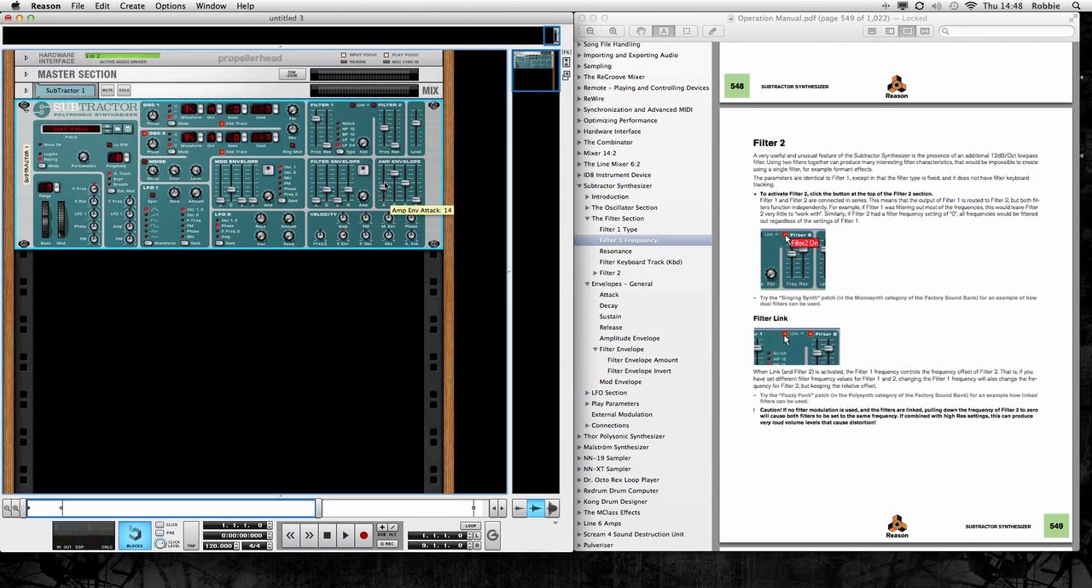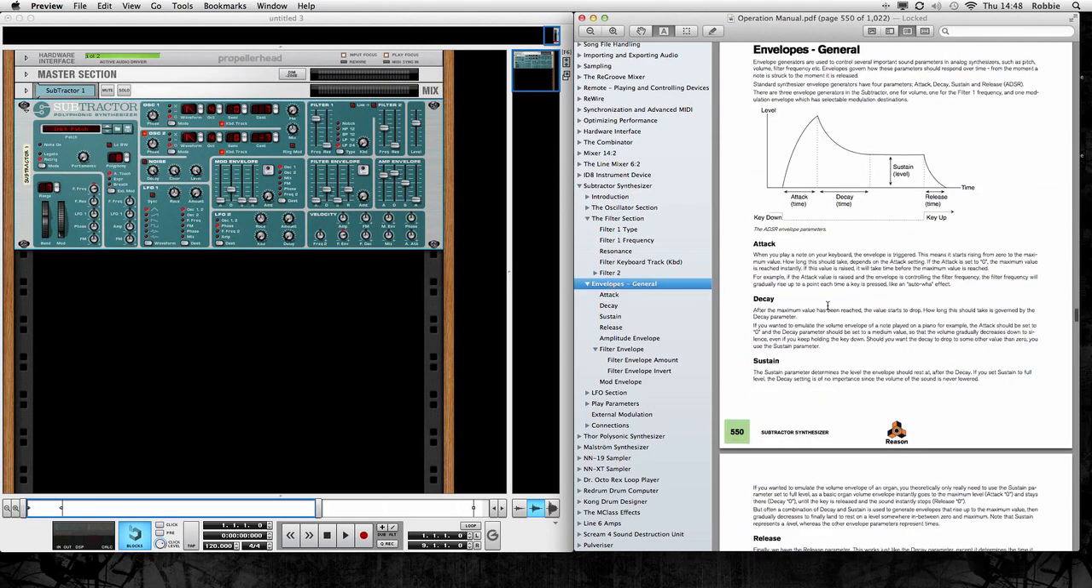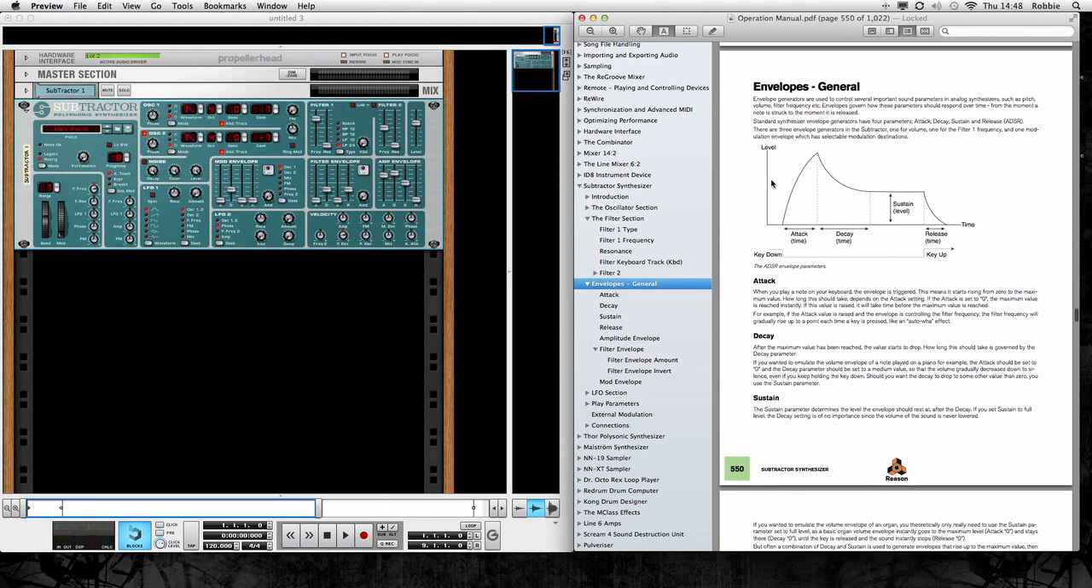So what about the decay? Well, decay is the time it takes for the... Let's go back to here, and there's a diagram in the Reason manual. Decay is the time it takes for the attack level to drop to sustain level. So I'll try and demonstrate this. If we put this about halfway up,